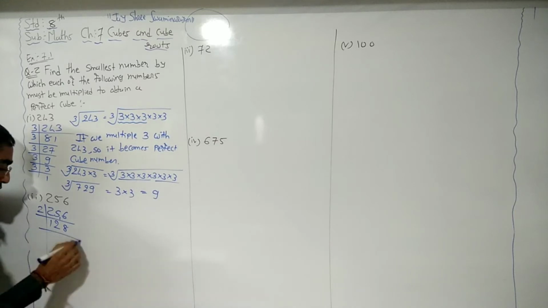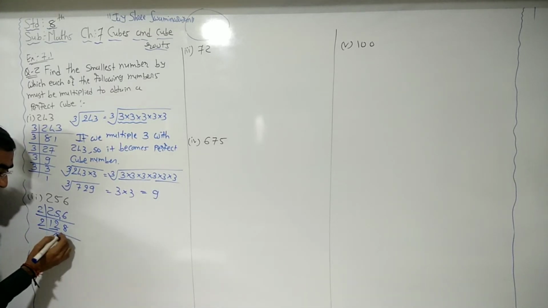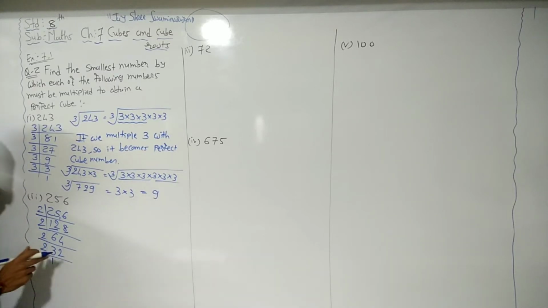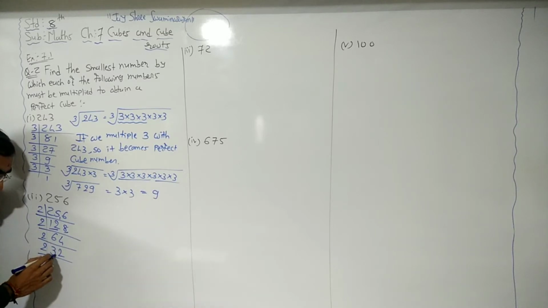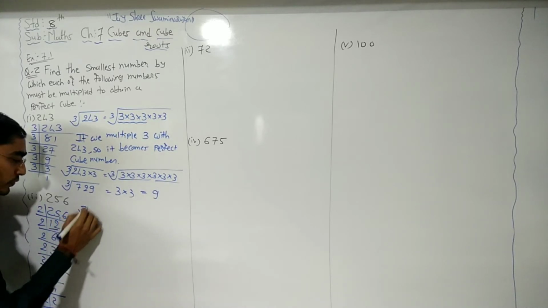Again this is an even number, so again we divide by 2. Either you can use the rough page, otherwise directly. Here we have 12, so 2 sixes are 12, and here we have 8, so 2 fours are 8. Now again we take 2: 2 threes are 6, and 2 twos are 4. Again 2: 2 ones are 2, so 3 minus 2 is 1 remainder, and joined with the next number it becomes 12. 2 sixes are 12. Now we know that 2 eights are 16, 2 fours are 8, 2 twos are 4, and 2 ones are 2. So the cube root of 256.